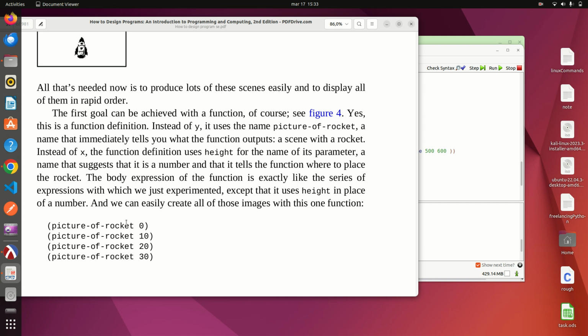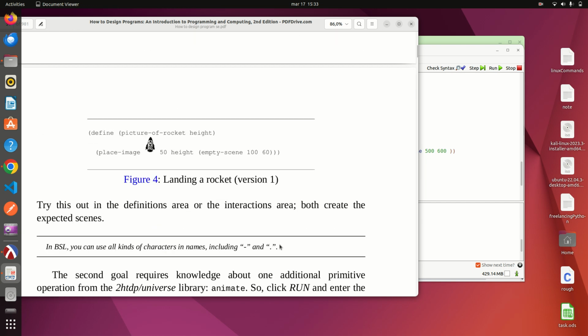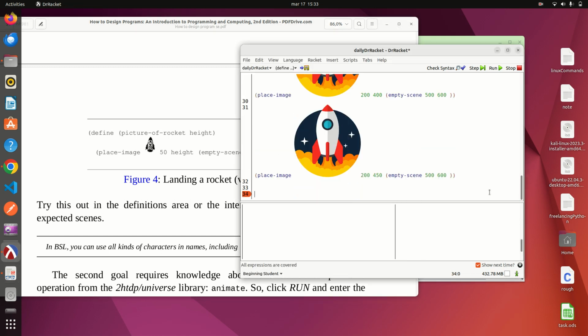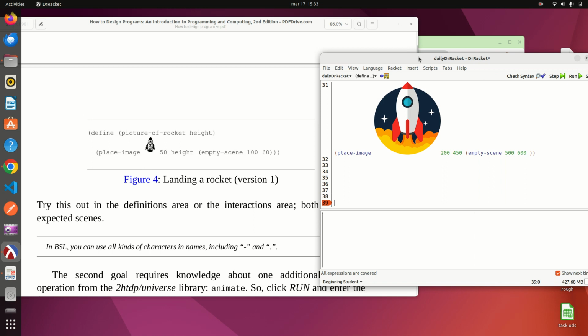The body expression of the function is exactly like the series of expressions we just explained, except it uses height in place of a number. So picture of rocket is a function: you input the height and then it places the rocket on the empty scene. So you basically convert this whole thing into a function. So define,